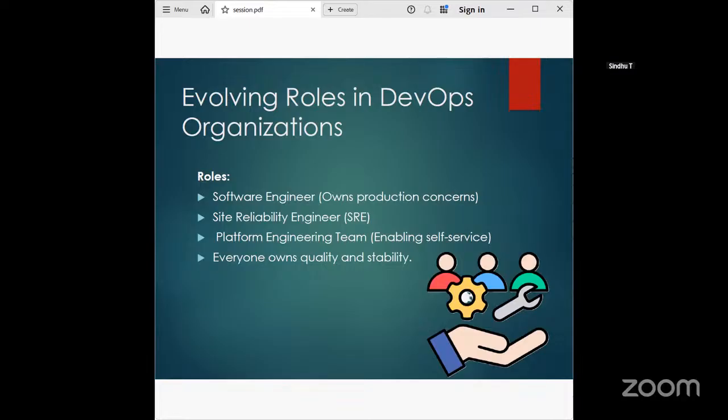Some companies create platform engineering teams whose job is to build the internal platforms and tools that make it easy for application development teams. So if you have a platform, anyone can use the platform as a service, and they can build an application or a product, right? So some companies have a platform engineering team, enabling self-service. The other members can use the platforms and tools for developing applications, to serve infrastructure and deploy code securely and reliably. These are the basic roles in the DevOps organization.